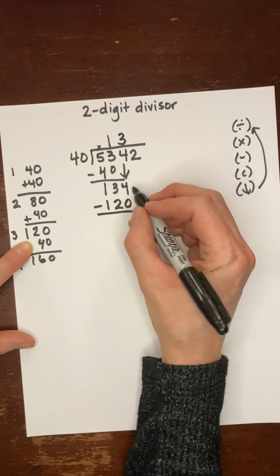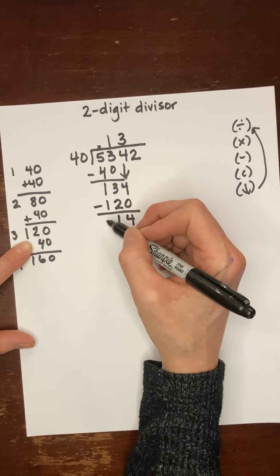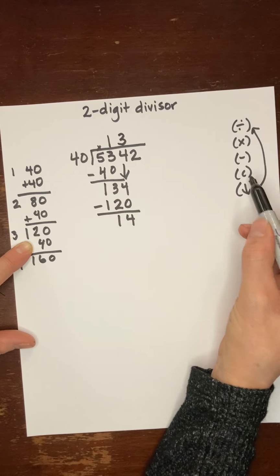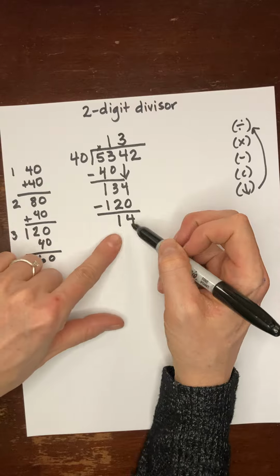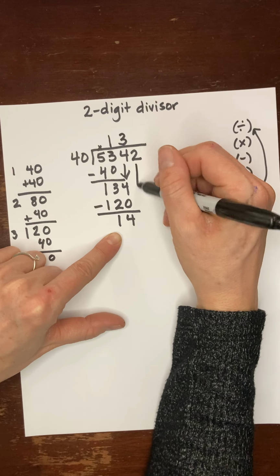Let's subtract. 4 minus 0 is 4. 3 minus 2 is 1. 1 minus 1 is 0, but I'm not going to write the 0. Let's compare. Is 14 less than 40? Yes, it is. So we're doing it right, and we can go ahead and bring down our next number, which